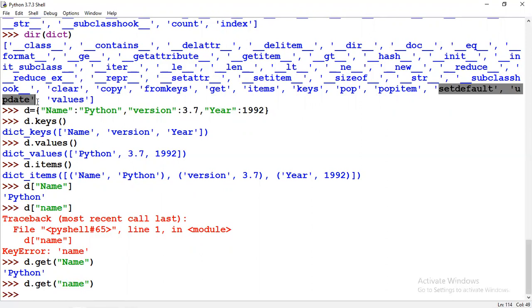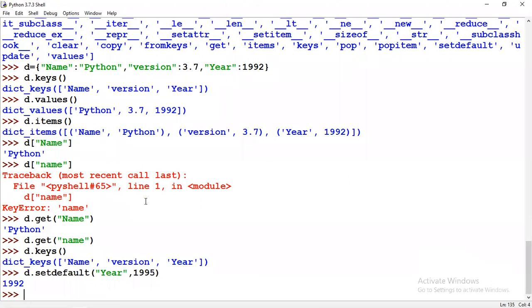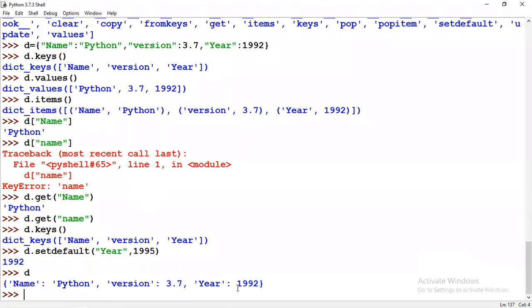With setdefault, what I'm going to give here is year, comma, 1995. So for year 1995, it won't update the year.